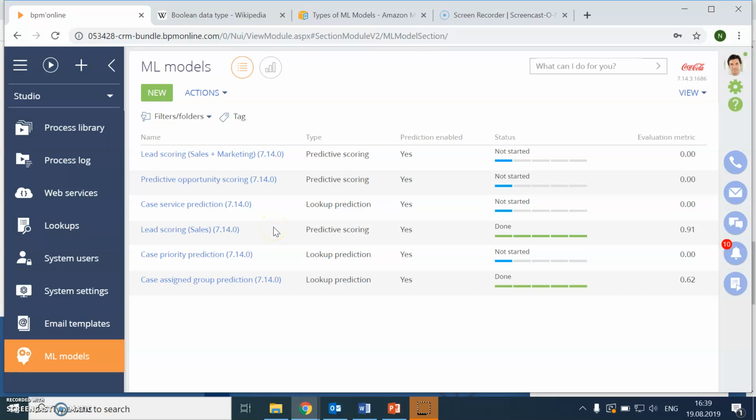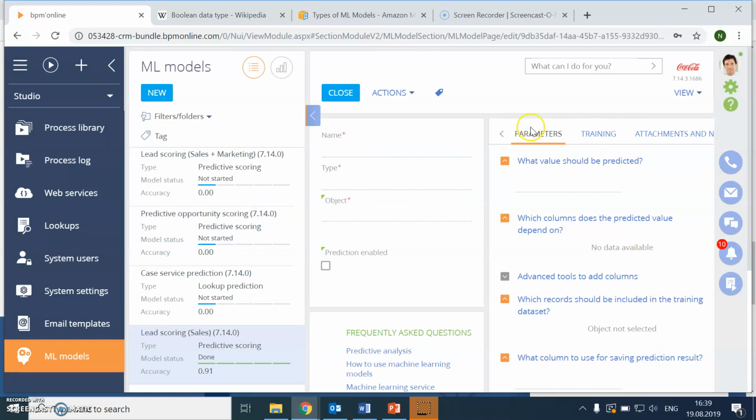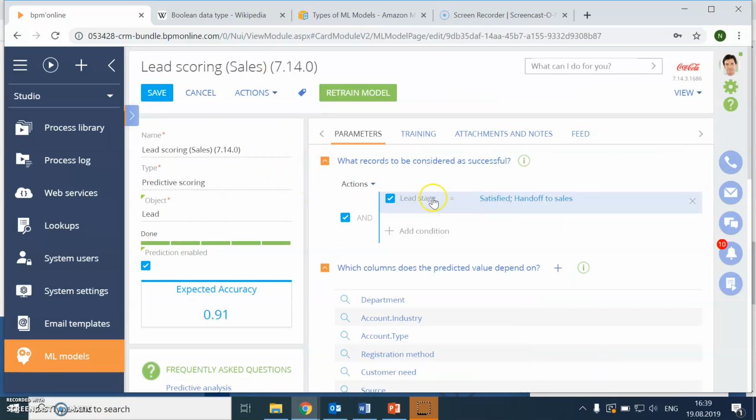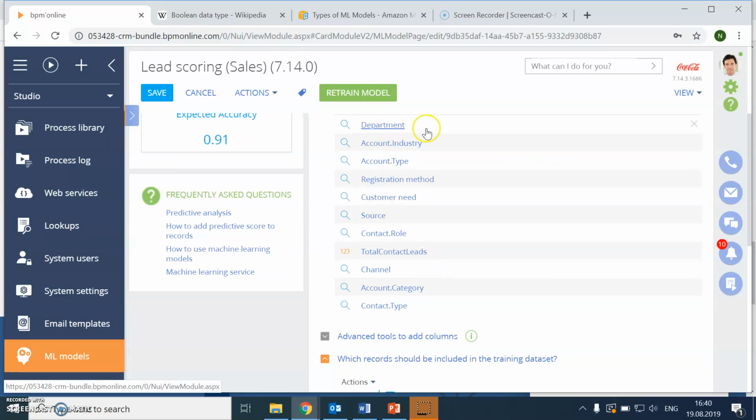What's interesting about it is that when you need to create a regression about a particular process inside your company, you can do it here. So for example, we have lead scoring for sales. We choose certain parameters that we want to learn, which variables are influencing it. And in this particular stage, we choose such records as satisfied and handoff to sales. We see which columns we think the predicted value depends on, which will be department, account industry, type, registration method,